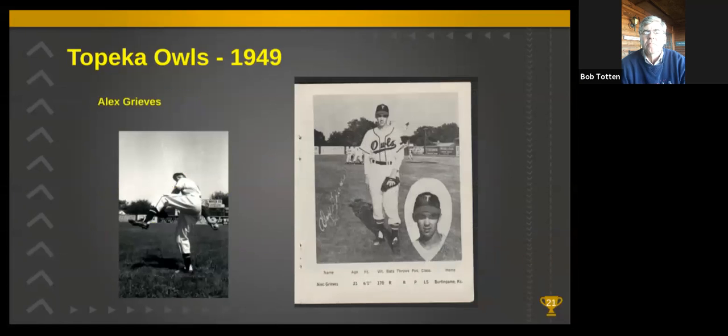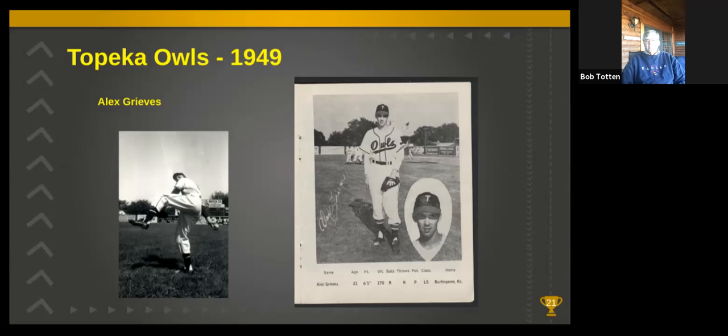Age 21, Alex Greaves from Kansas pitched just 1 year with the Topeka Owls. He also pitched the previous year with the Miami Owls. His sons, Kevin and Brad, who live here in rural Topeka, provided me with the photos of their father and told me at Miami he lost his first 5 games before winning 6 straight. And with Topeka, Greaves won 9 against 11 losses. Following his baseball career, Greaves worked at Topeka's Air Force Depot and DuPont plant and officiated games and coached his son's baseball and basketball teams.